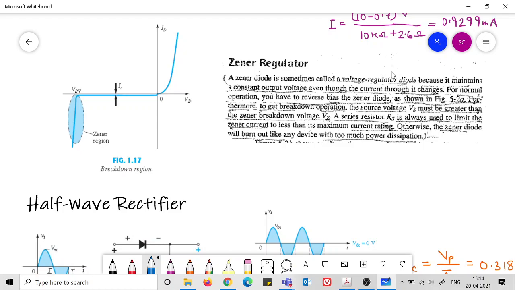There is some special material. I am not very knowledgeable about that. Books may mention it, so you can go into the book in a bit of detail. Perhaps they mention it, perhaps they don't, because we are not very much concerned about the material aspect of making the diode. We are more concerned about the practical use of it. But I am sure you can find that information. If you are curious about it, you can find it in textbooks or maybe on the internet also. Okay.